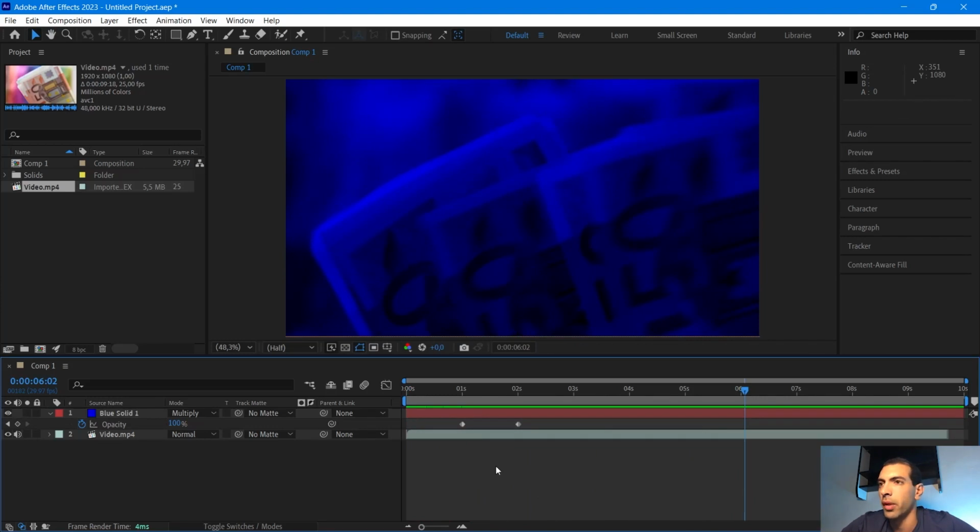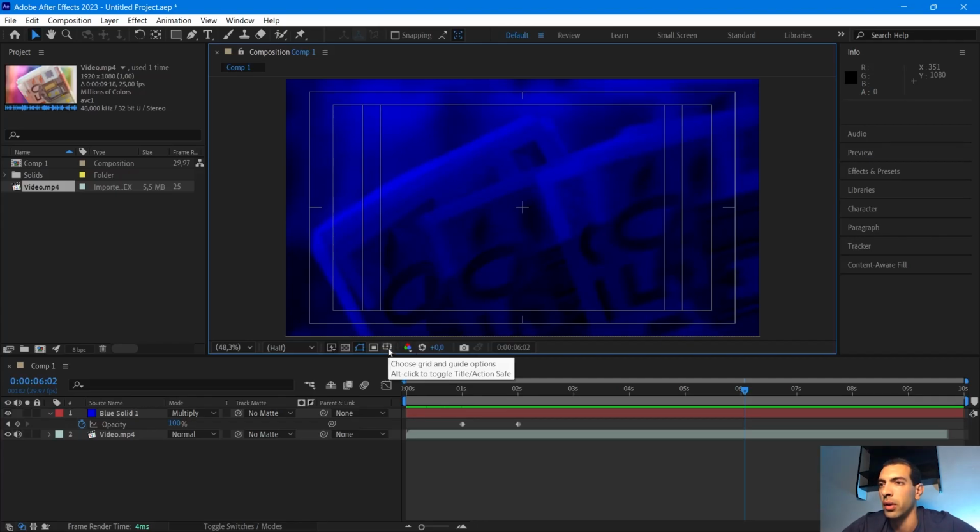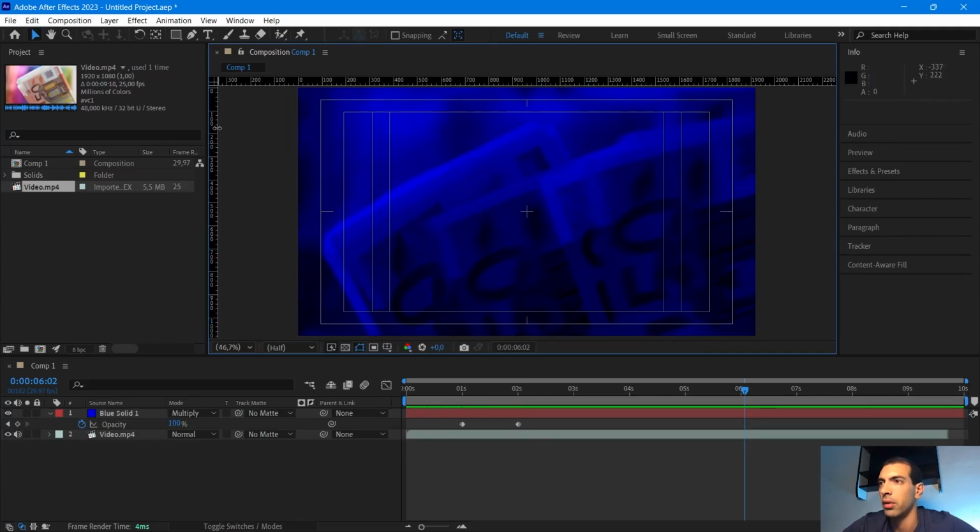Next thing I'm gonna do, I'm gonna create some guides. I'm gonna click here. I'm gonna go to title / action safe. I'm gonna click here one more time and bring the rulers. Now we have the rulers right here and here. To create a guide, all I have to do is put the cursor right here on the ruler. I click and I drag, and now I have a guide. I can place it wherever I want. I'm gonna place it exactly right here. I let go. I can click on the guide one more time and move it if I want to, like